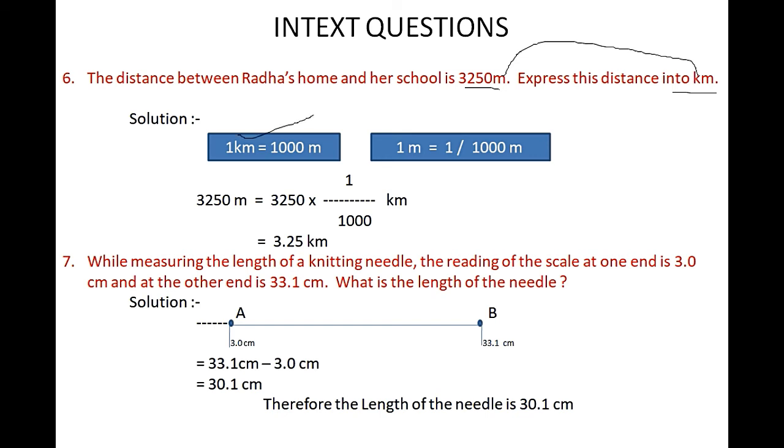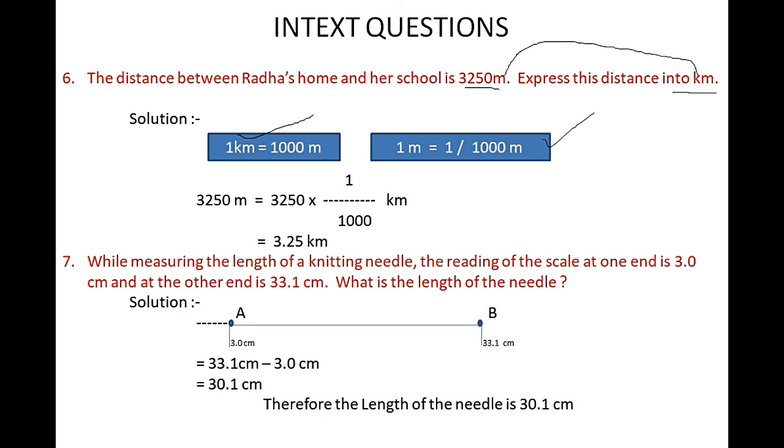But here meter is given and we want to find kilometer, so we want to use the sub formula. What is the formula we have? 1 kilometer is equal to 1000 meter. From this we can find that 1 meter is equal to 1 divided by 1000 kilometer. Therefore, 3250 meter is equal to